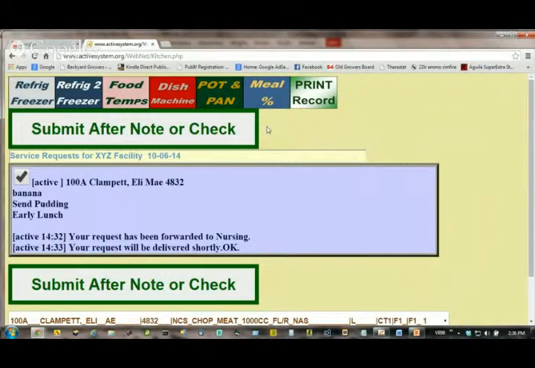Everyone just prepares what they need and has it picked up or delivered, however your facility determines you're going to do it. In most facilities, it's a combination. At certain times a day, nursing has to go pick it up, and other times a day, the kitchen can deliver it directly. Okay, so let's go back